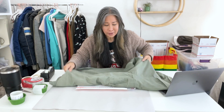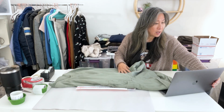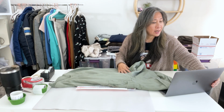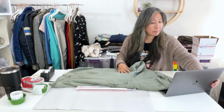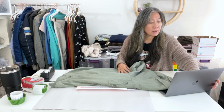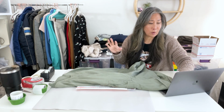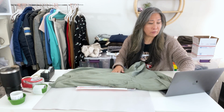And this sold on eBay. Let me find the title. The title is Vintage Banana Republic Men's Shirt XL Khaki Green Safari Long Sleeve 80s. And this one sold in a day, so it probably sold within hours of listing. And it sold for $24. I probably could have held out longer on this one,